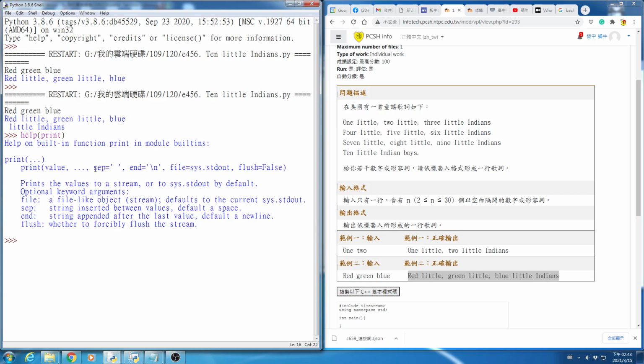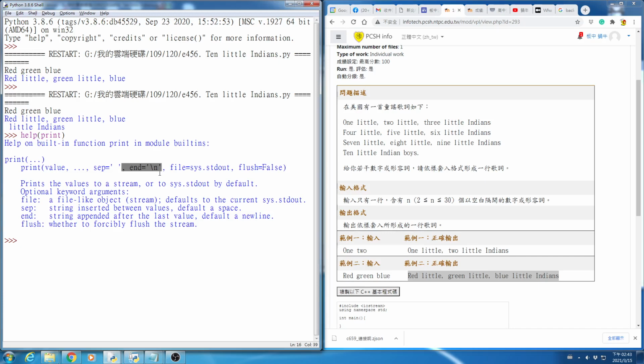I have shown you how to use sep to specify a separator, right? If you don't specify a separator, it will use the default value of a space as the separator. Is that okay? However, there is another default keyword parameter called end,